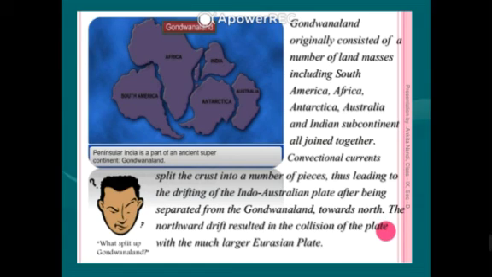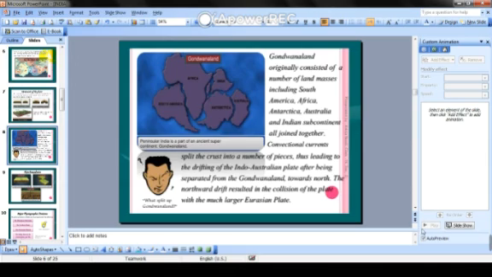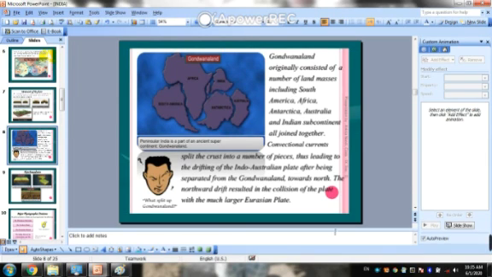From our Gondwana land, all the physical continents formed. India is also a part of the Gondwana land, and it separated from Antarctica. From Antarctica, India moved toward the European plate and collided with the European plate. Then the Himalaya mountain formed. So this is the movement of the plates from one place to another.